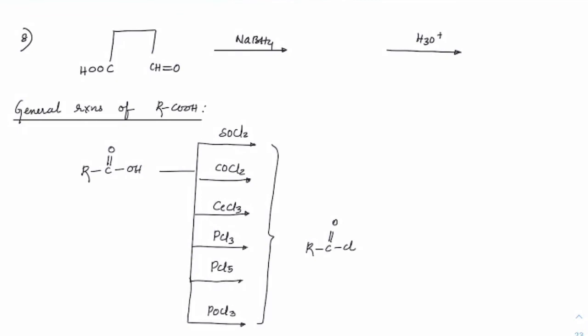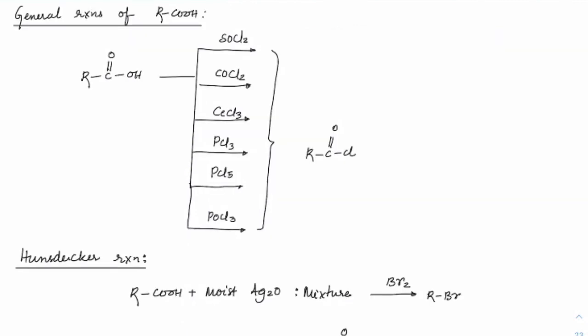Right. So try this one. NaBH4, you know that it does not disturb acids, rather it will react with CHO. So what do we have? We will get this as CH2OH, and COOH here. And then in the presence of H plus, esterification will happen here. So we will get this cyclic ester.